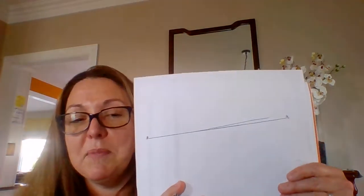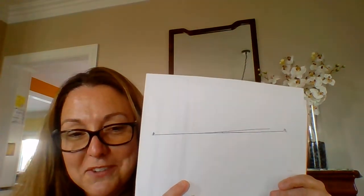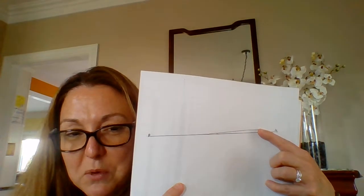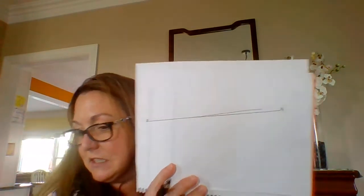Now look what could happen, but it won't mess me up, I don't think. Now, if it was bothering you, you could start over on another scrap piece of paper, but I'm going to ignore this top part where my line goes off like that, and I'm just going to go from dot to dot. So again, I'm going to use my square tile. Where did he go? And I'm going to start at the beginning,